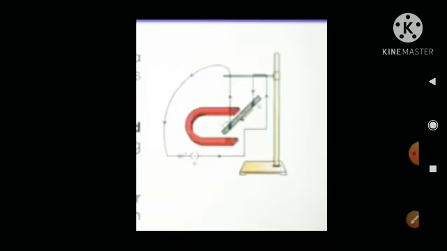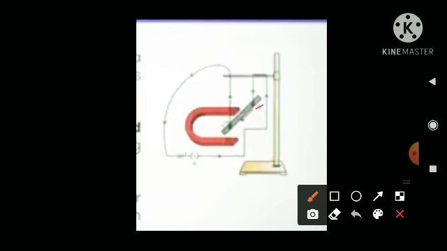Why do we use Fleming's left hand rule? Because when the current carrying conductor is perpendicular to the magnetic field, then a force acts on it